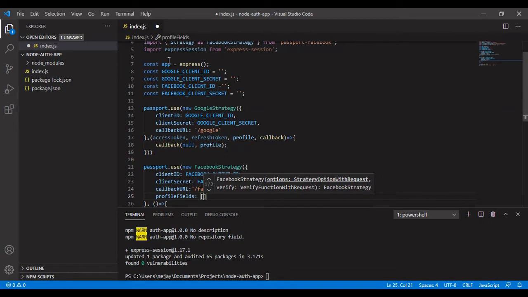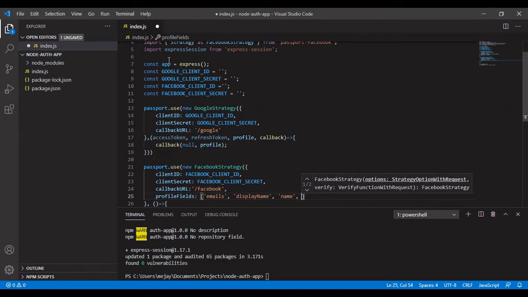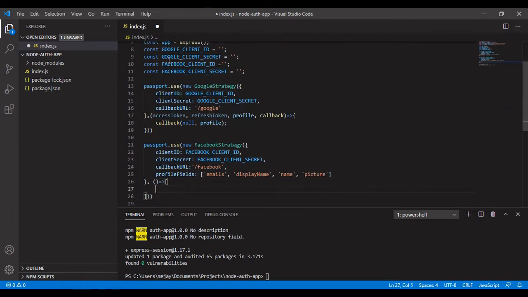Then we need to set another variable to get profile details like emails, display name and picture, which will be available from this API when we log in through Facebook. That we need to add here.